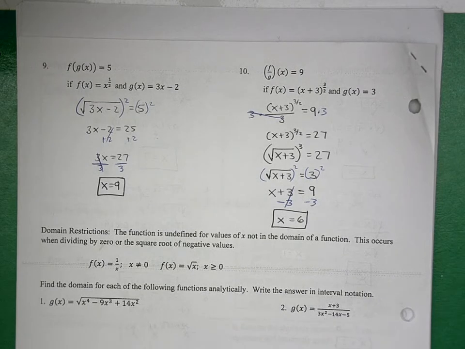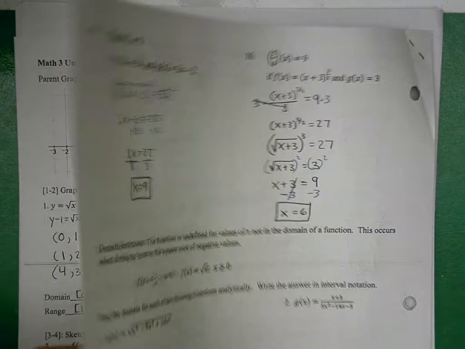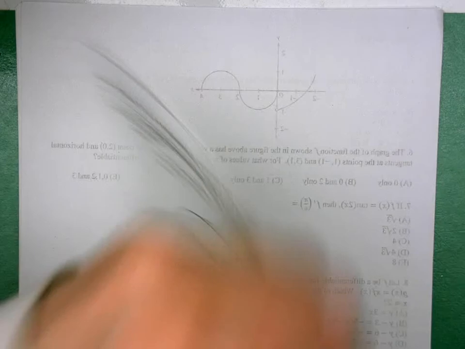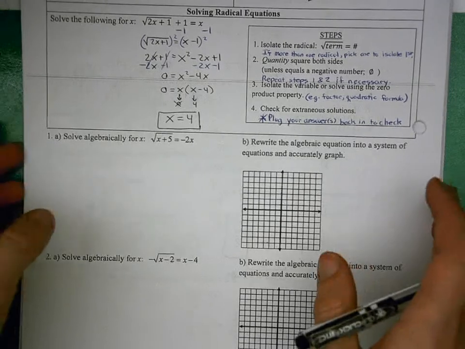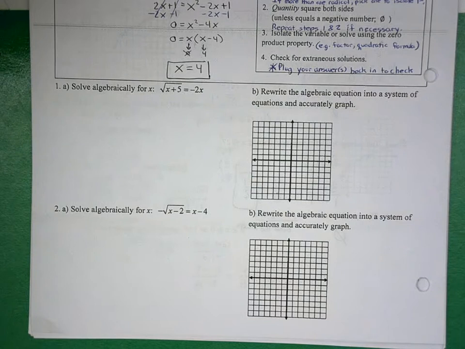Okay? Before we hit that last piece, let's go ahead and take a look back at number 1 and number 2 that we skipped originally. So we'll do number 1 together, and then number 2 you can try on your own. Okay, so number 1,